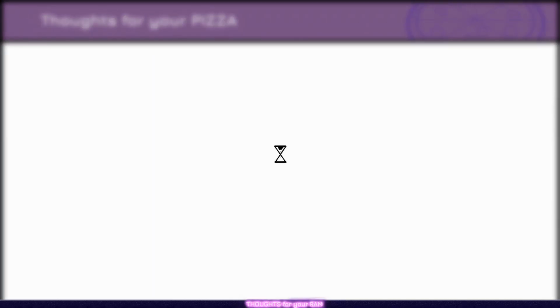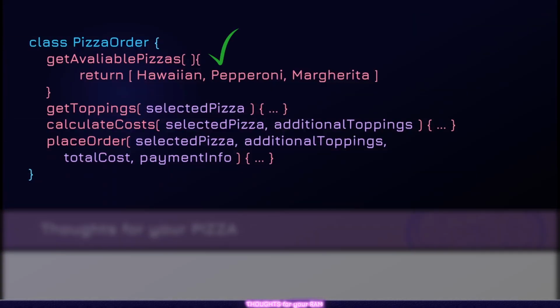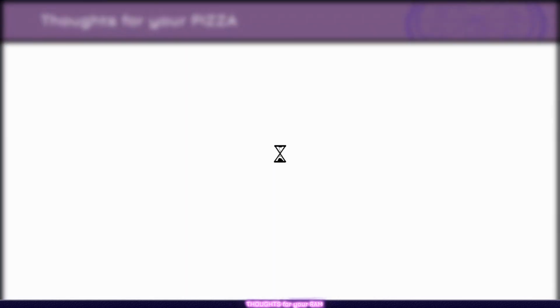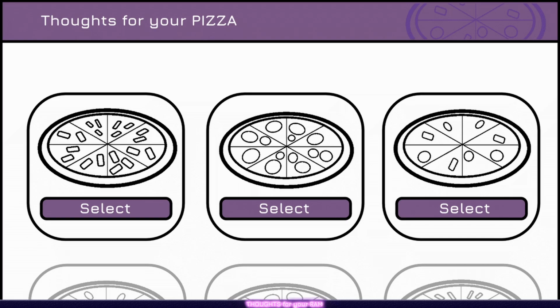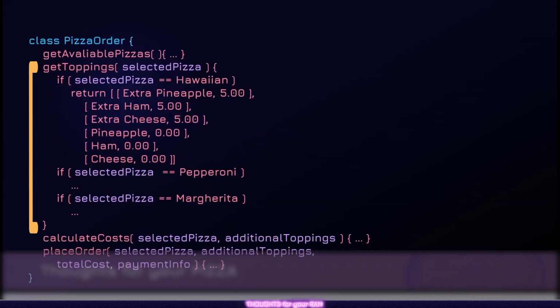Now, let's put it all together for a quick example. Imagine you visit the pizza ordering site. The getAvailablePizzas method is called as soon as you open the site. When it completes, it shows all the available pizza options. You select a pizza, which would trigger a call to get the available toppings for that pizza before returning it to